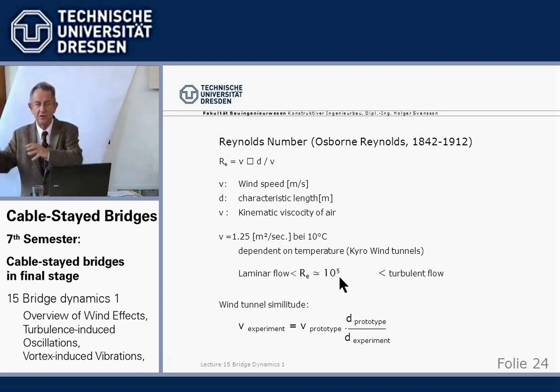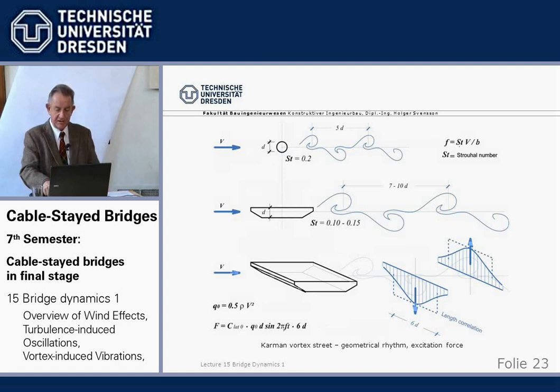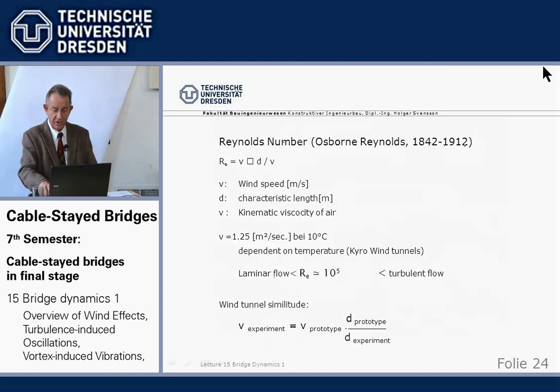And vortex shedding only takes place with laminar flow. So in reality, we do not have this regular flow very often,